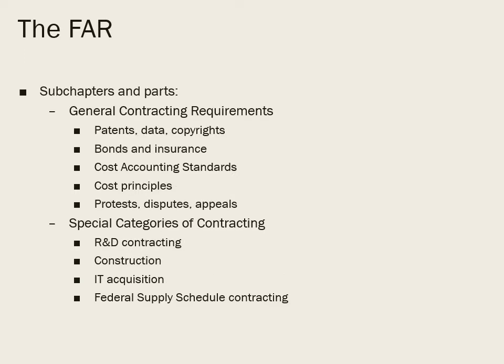There are a variety of other contracting requirements, including special consideration for intellectual property created with government funding. The government's got to have the right to use that intellectual property, and it often asserts ownership of it. However, for those of you who are going to work at universities and nonprofits, there's a law called the Bayh-Dole Act, and that requires that the university or nonprofit is the one to own any intellectual property that comes out of government funding on grants and cooperative agreements. The government just gets a license to then use that intellectual property.